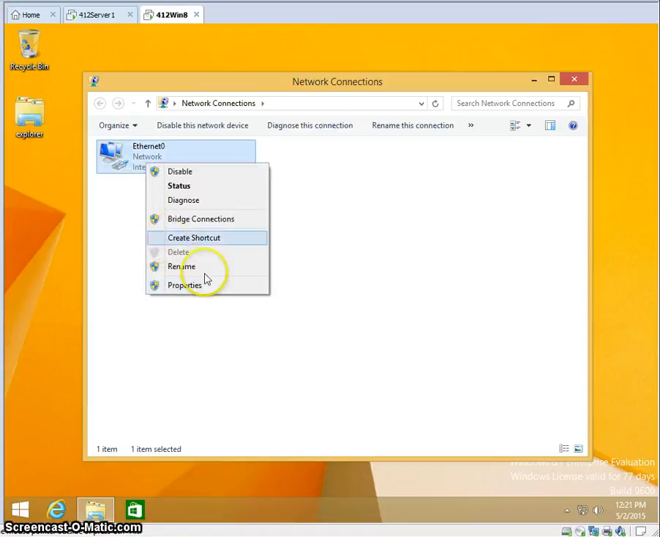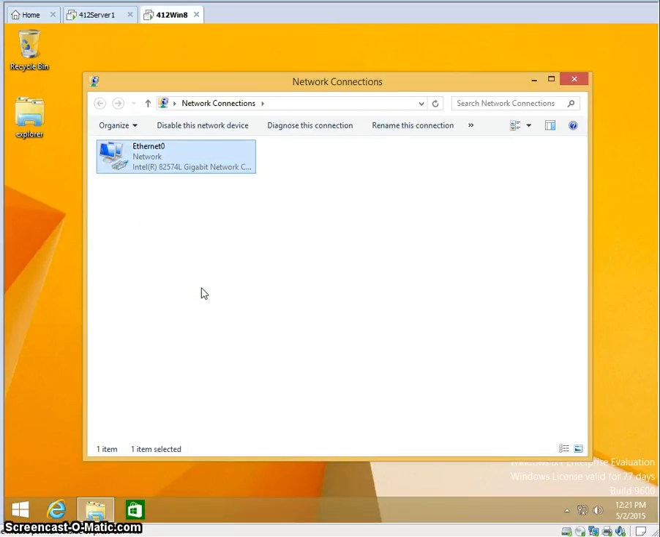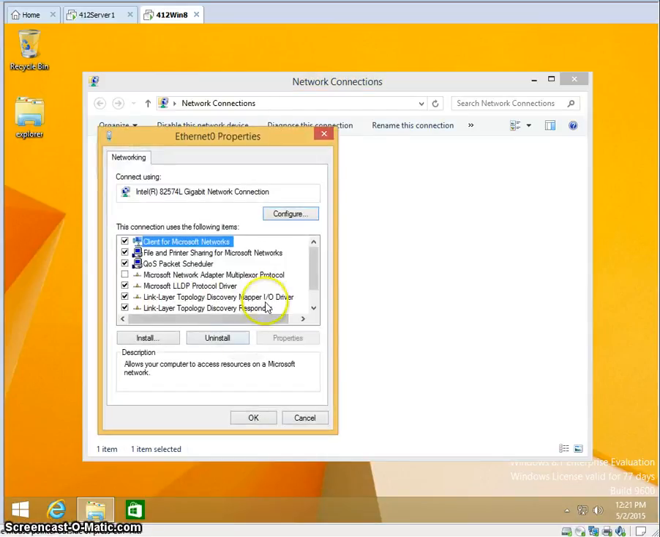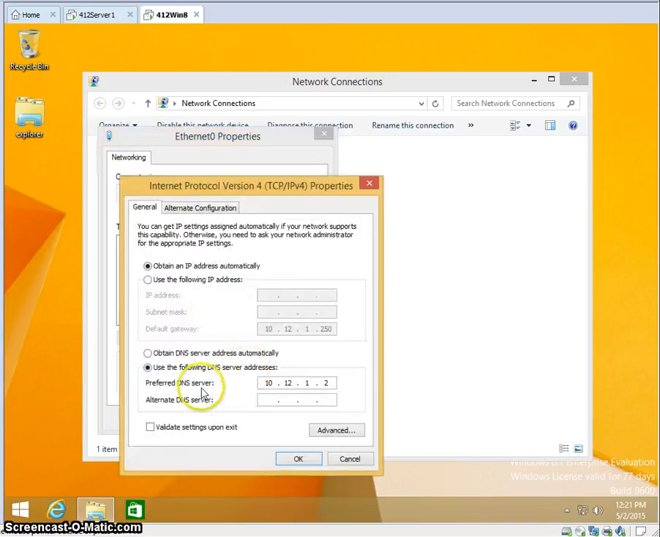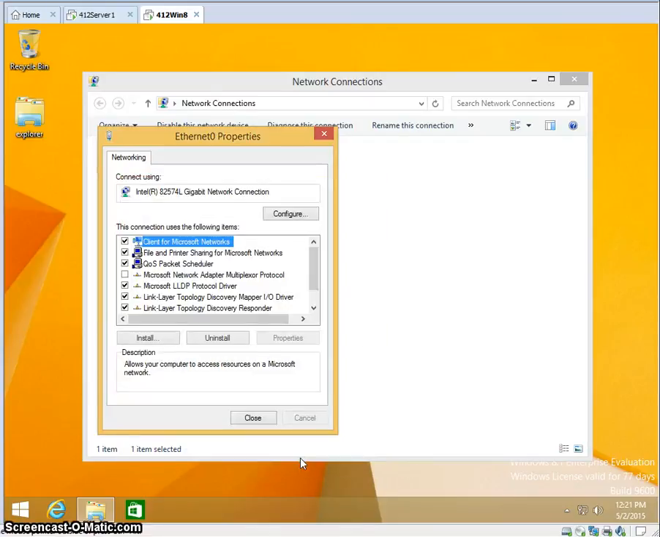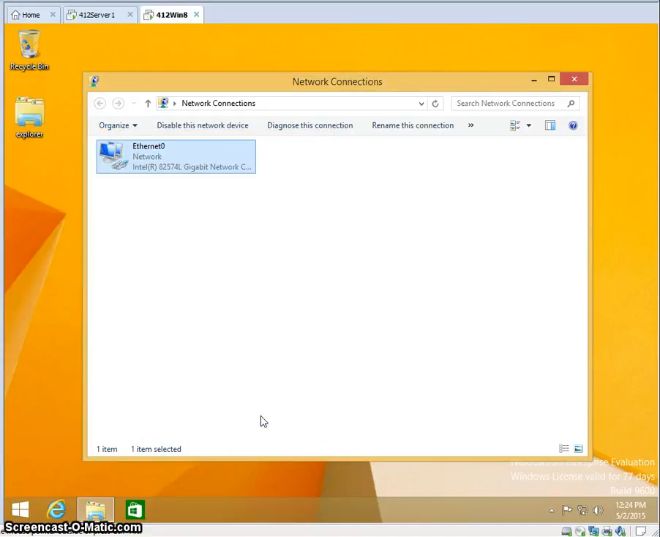We're going to go down to Properties, and we're going to go ahead and go to IPv4 Properties. We already have it set for using the DNS server of 412 server 1's IP. So we're going to go ahead and go to OK. Now that we've verified that it has 412 server 1 as the preferred DNS server,